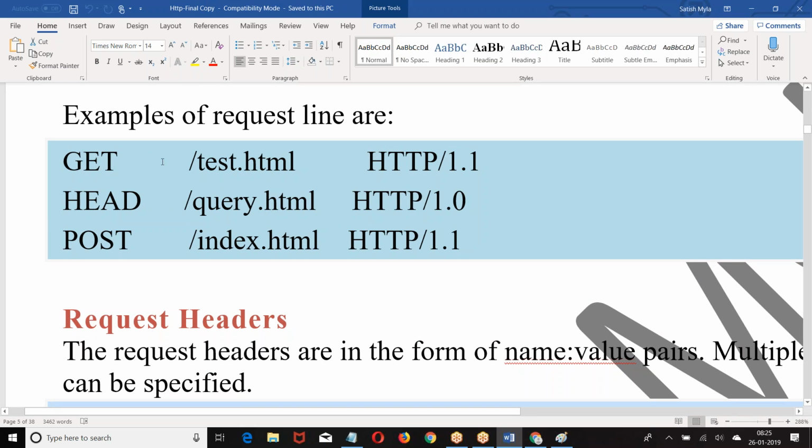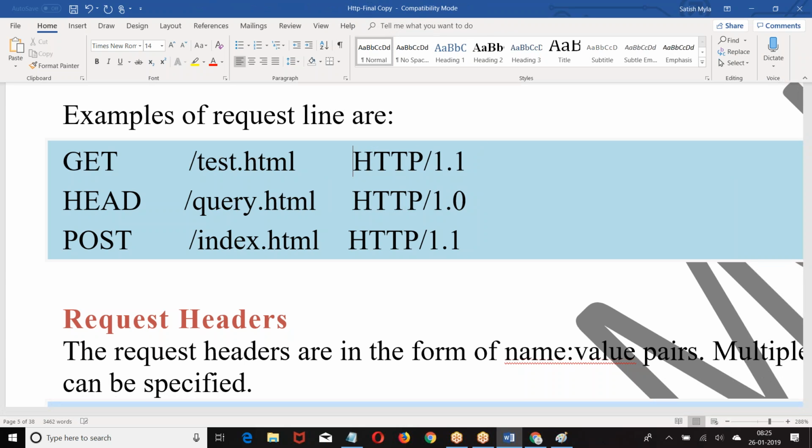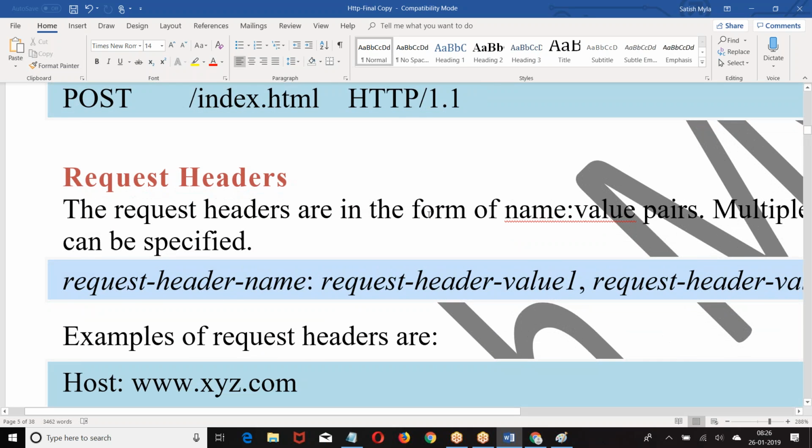Get request to the test.html resource using HTTP protocol 1.1. The next one: head request to the resource query.html, protocol HTTP 1.0. Post index.html, protocol HTTP 1.1. I hope you are good with this.